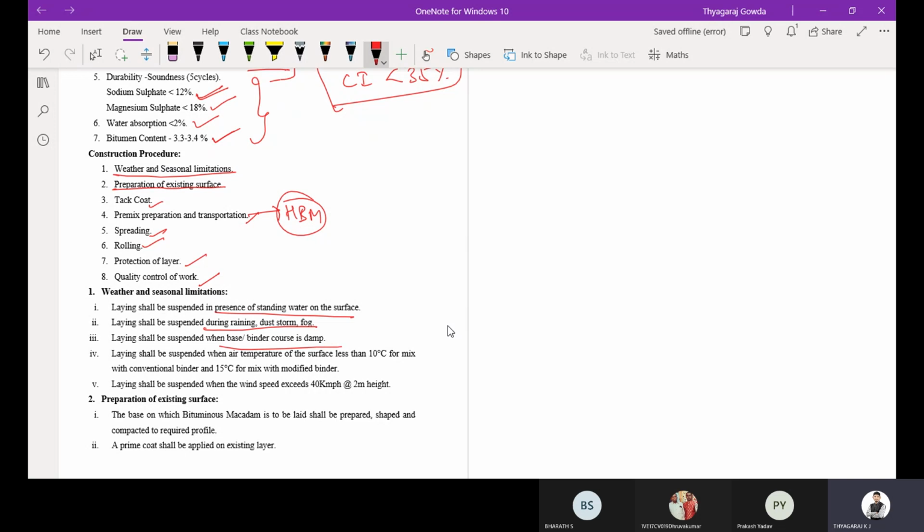Then surface temperature: if it is less than 10 degrees, you are not supposed to lay the material. If it is less than 15 degrees Celsius for conventional binder, also you are not supposed to lay the material. Then wind speed: at 2 meter height, you consider 40 kmph.